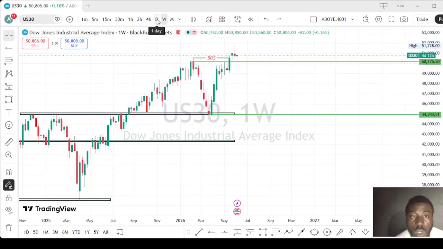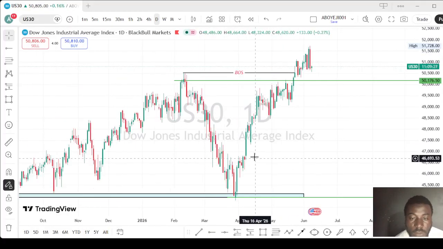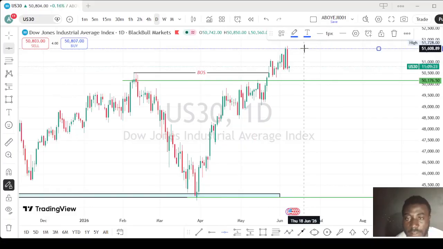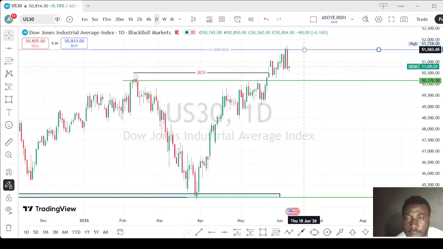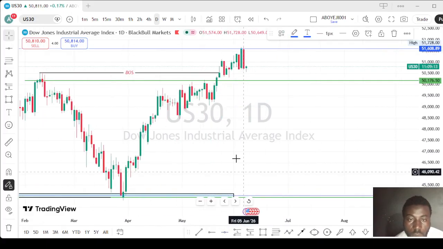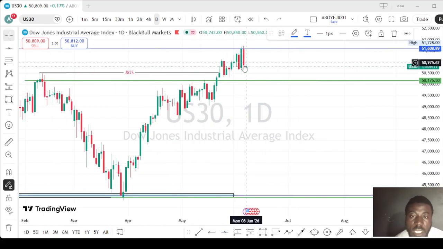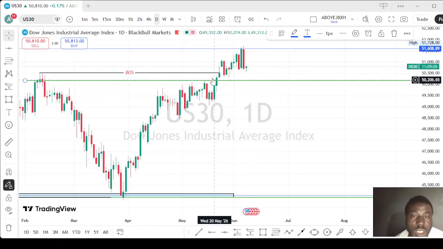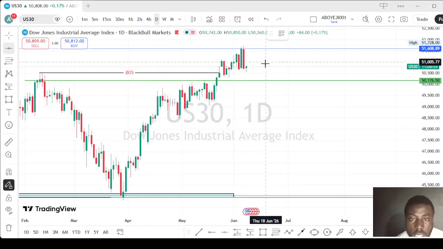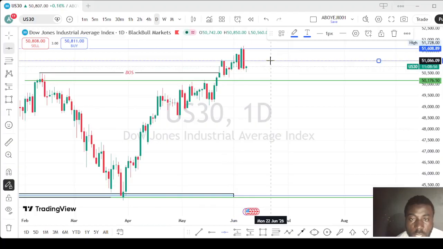So let's move to daily time frame. This is daily time frame, and this is our swing high, and this is our swing low. All what market is doing here is just liquidity, seriously. So before we can take this market, we got to be patient because this is the break of structure. Before we can take this market, we got to be patient. And there is another key level here. You can see this key level also here.